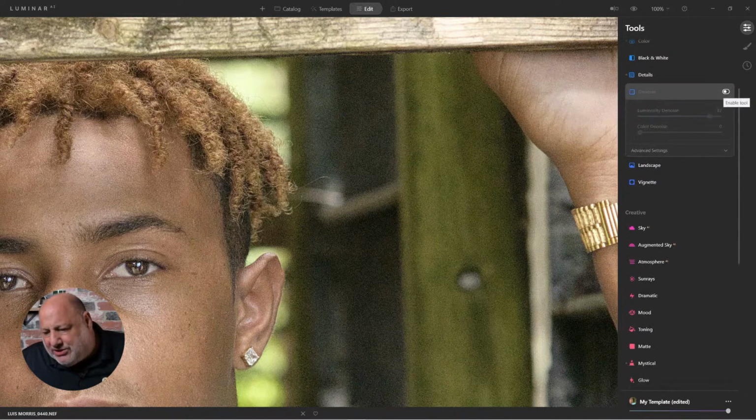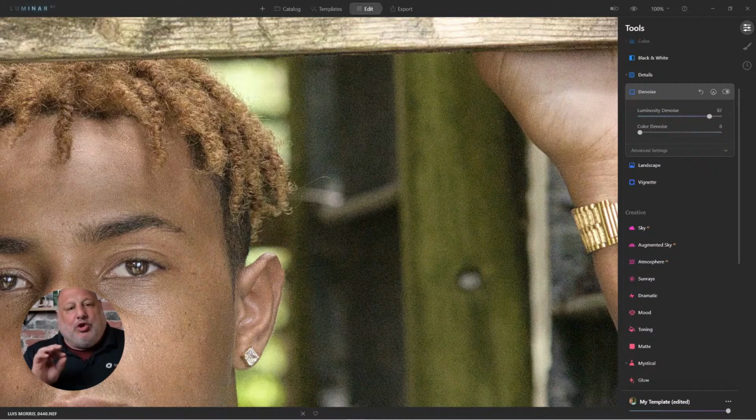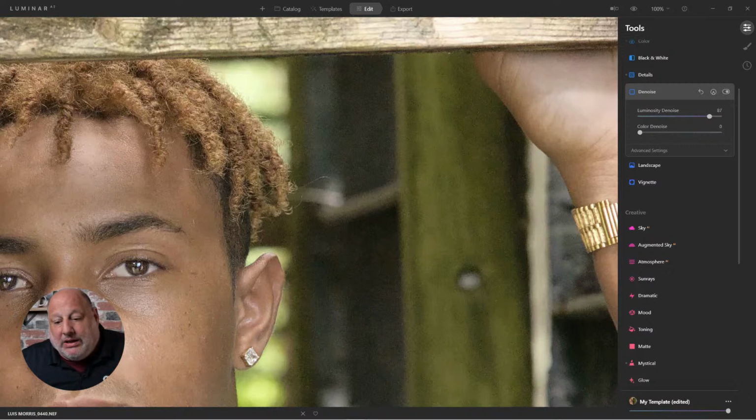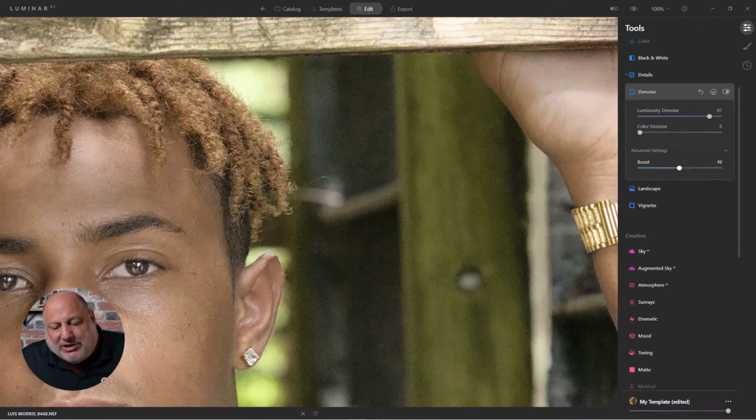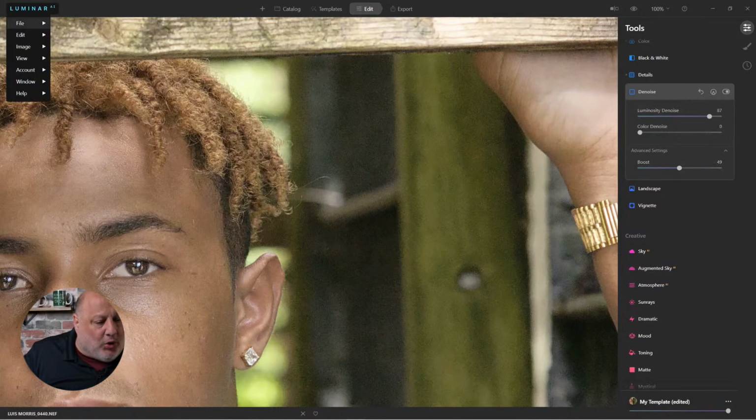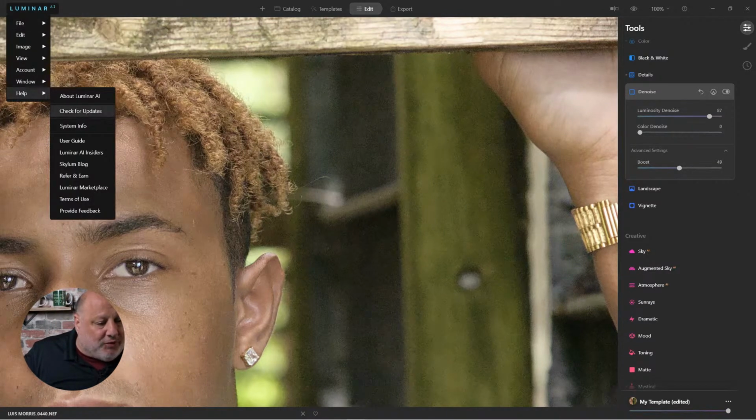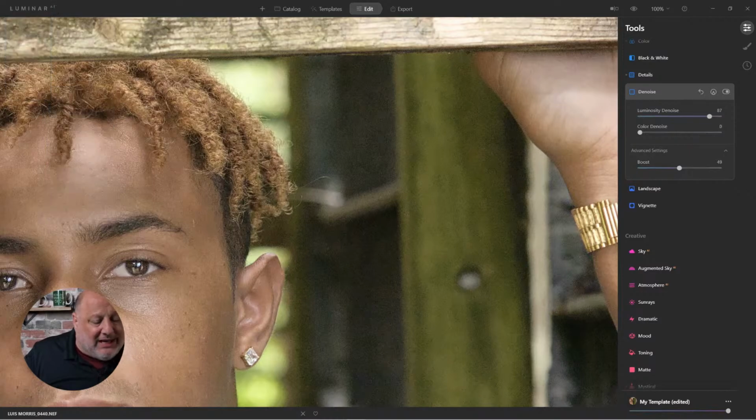So we have the noise. I'm going to come over here to our denoise tool and look at the luminosity for denoising. I'm going to take the brightest pixels here and fix the noise in those areas. I'm going to click on Advanced, and if you notice Boost, what Boost is going to do in a case like this is look for the finer details in that noise and fix them. If you ever wonder what each one of these sliders does, click on Help,